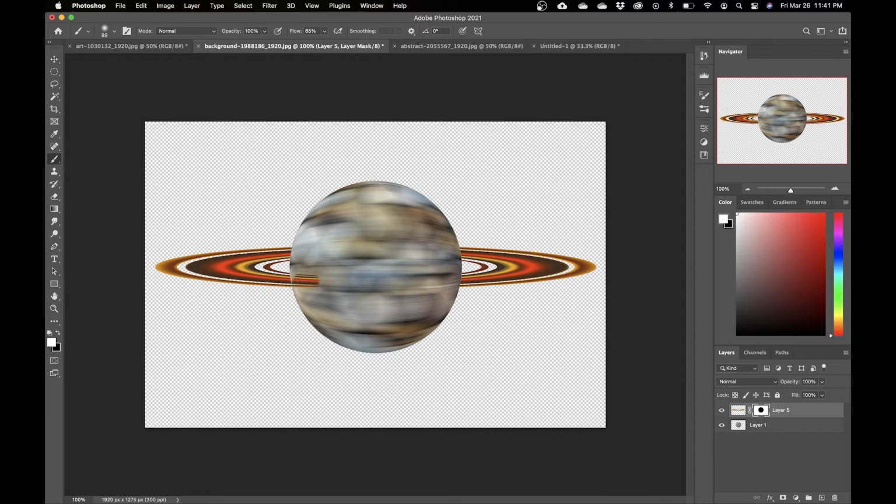And I'm just going to go in and paint in that front ring again. Make sure you don't go too high up and accidentally paint this part back in. We just want the front of the rings to show up. Now we could have also just erased this back part, but I like using masks because you can see